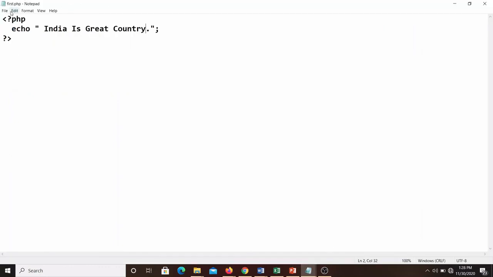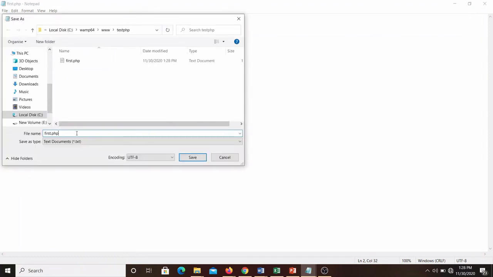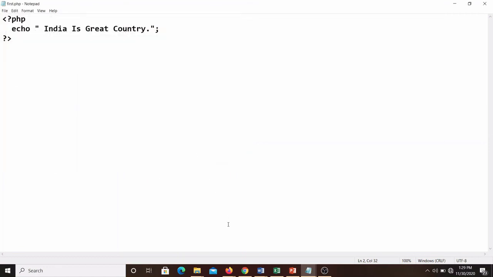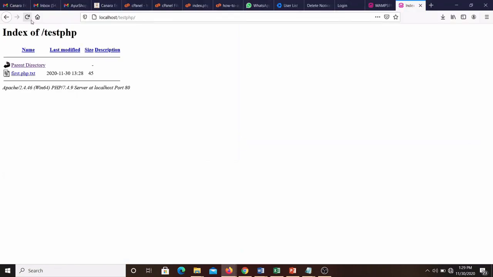So in that case, click File, Save As, and always keep the file name inside double quotes along with the extension. Then there is no chance it will be considered a text file. Yeah, you see, now it is coming. That's why I always use double quotes, opening and closing, but this is only applicable for Notepad.